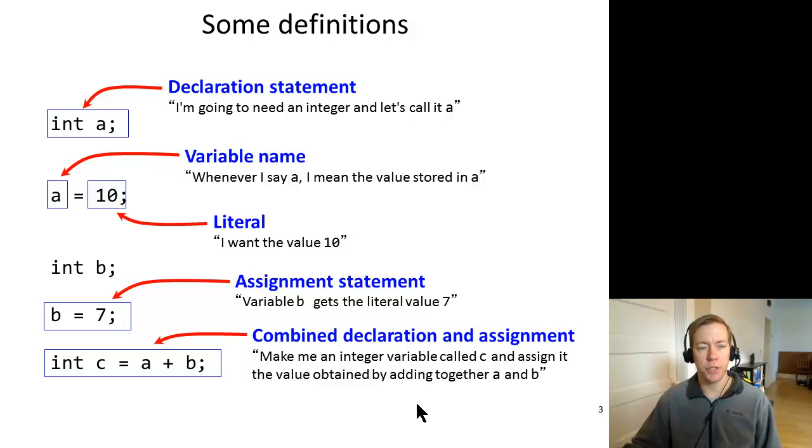Let's have some definitions, so when I'm talking about variables and data types, we're both on the same page. First of all, declaration. In the Java programming language, this first line, int a semicolon, is saying to Java, I need a variable. I'm going to call it a, and I'm going to store integers in it. You've declared that, and from that point on, anywhere in your program, you can use this variable